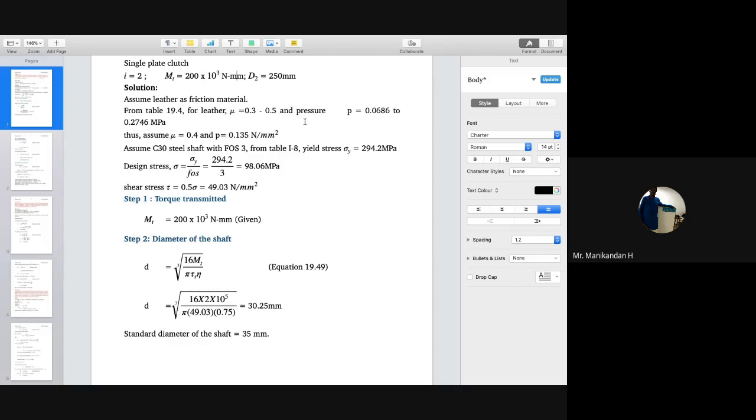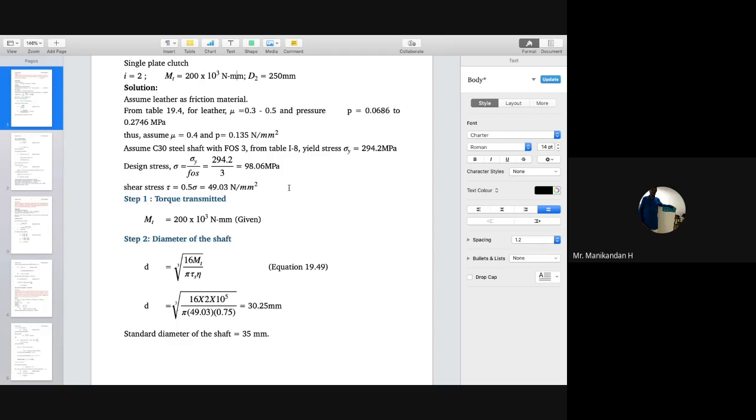So I will assume some values: mu is equal to 0.4, and P is equal to 0.135 Newton per mm square. Now, the second step is that we have to find out the diameter of